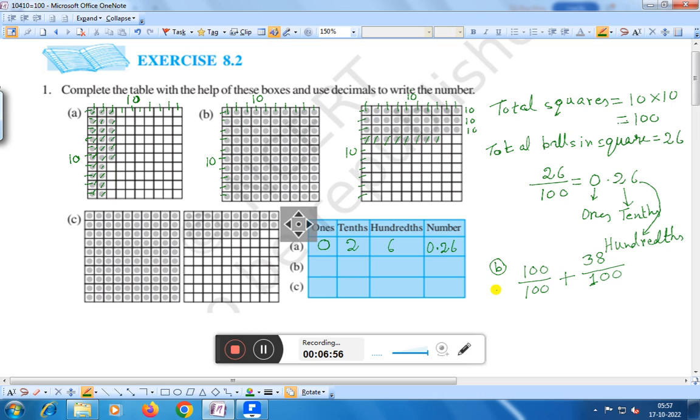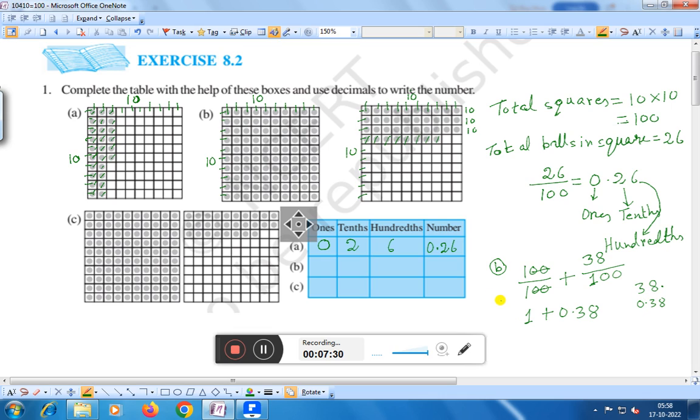Right? 100 by 100 by 100. If we change into lowest form, that is 1 by 1, that is equal to 1, plus 38 by 100. If we divide 38 by 100, it will come to 0.38. Why? Because it is divided by 100. Divided by 100 means the point moves. Now, if we divide by 100, then this point will come left two places because there are two zeros. That is 1, 2,